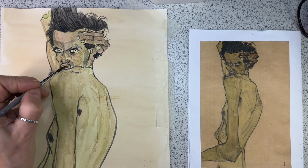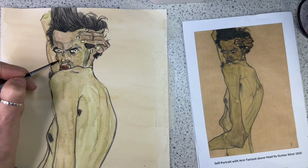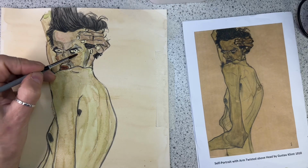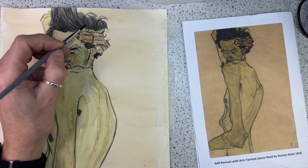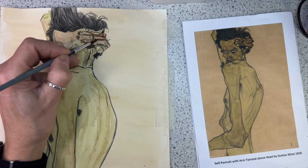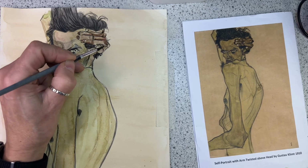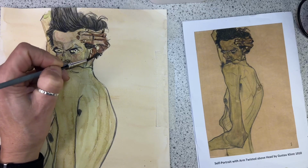So we need a bit of colour on the mouth. It's sort of a browny colour, so I've just mixed up some brown using orange and black, and then just going in with the last few bits of darker brown. We're near enough done. So this is the technique that I would use to recreate this image,